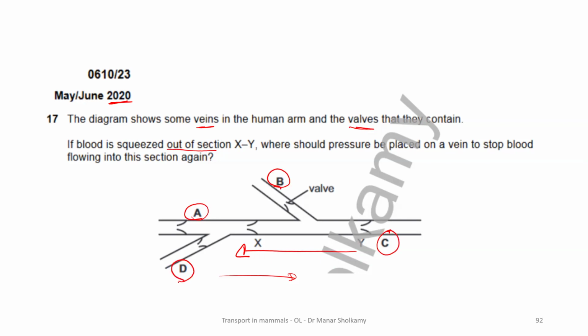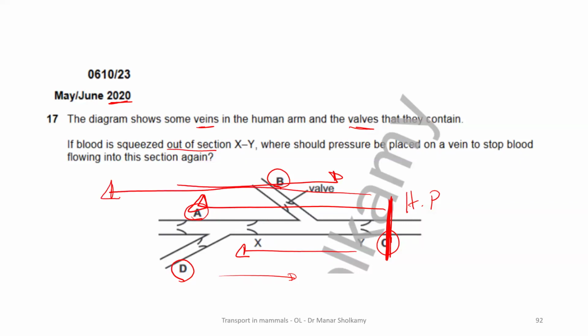A. C. No, C, of course. C, the pressure here is high pressure because the high pressure will force the blood to move in this direction and prevent the backflow of blood. It will open the valves and make the blood move in this direction. Not A at all. If there is high pressure in A, the blood will move in the opposite direction. Do you understand now, whoever said A? So the answer is what?